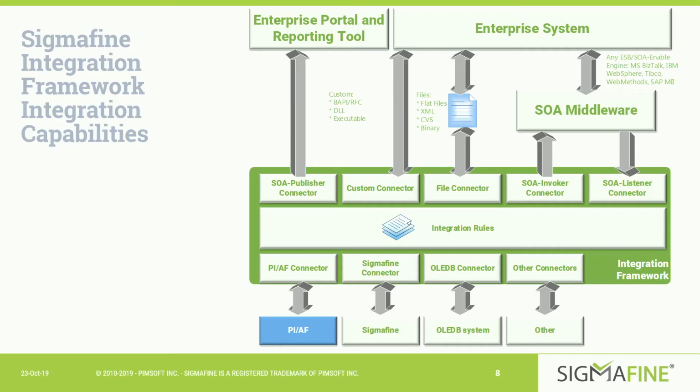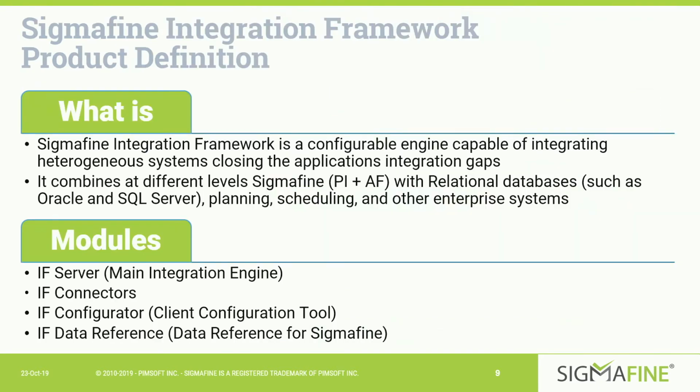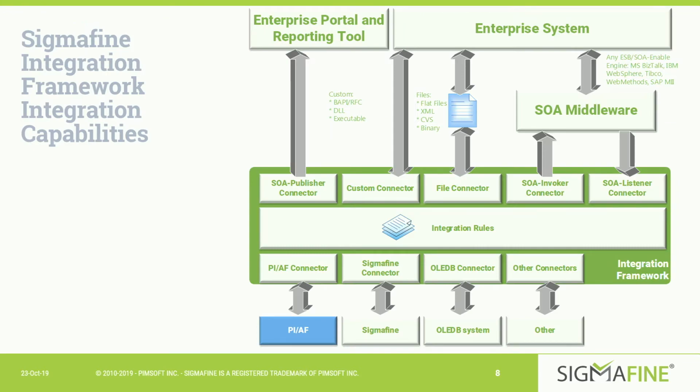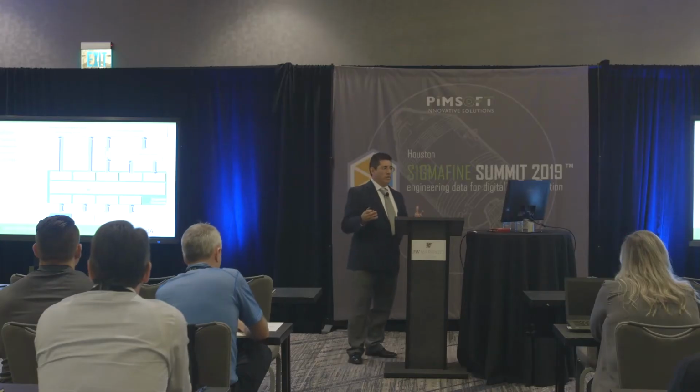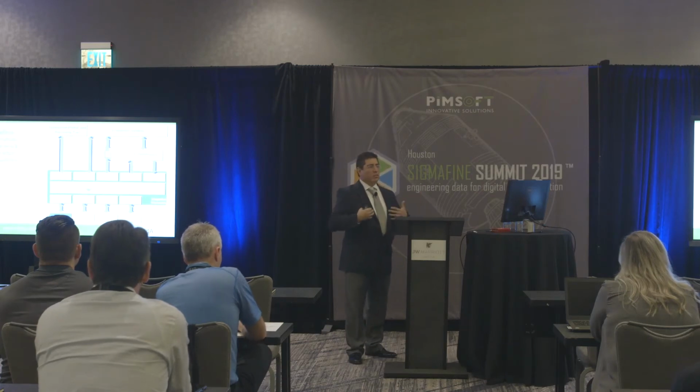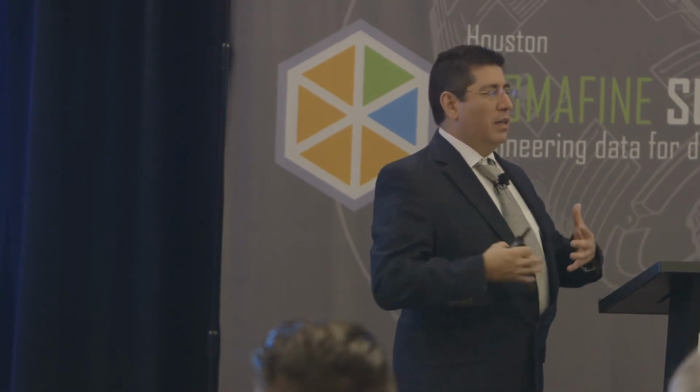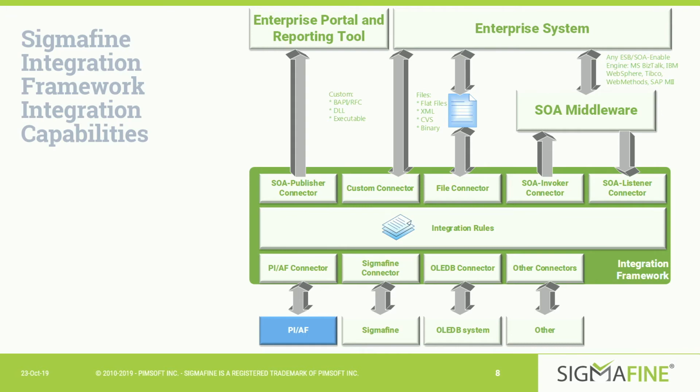So here in our architecture model of the integration framework, you can see, in the top part, the integration with the enterprise systems. One of the most important parts is, for instance, when we are preparing our plan data, that supply chain information is coming from SAP, where the plan is coming down, so the Sigmafine is able to receive the data through the integration framework using the SOA middleware communication layer,